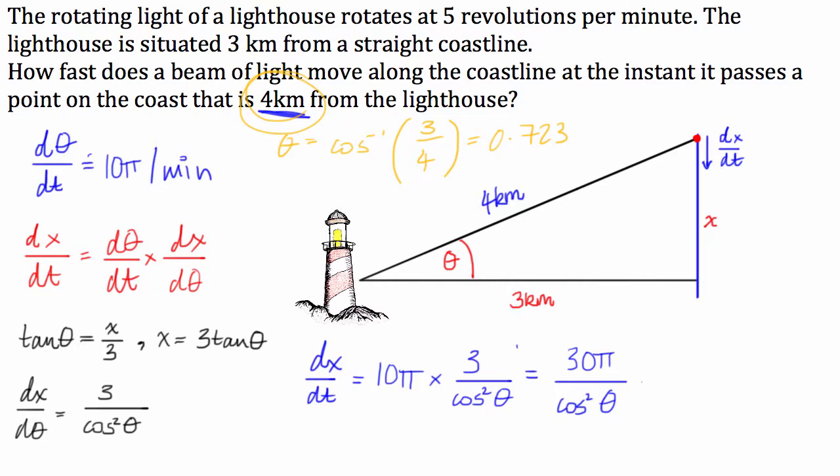Okay, so what I can do now, finally, I can evaluate dx/dt evaluated when theta equals 0.723, is equal to, now just put that in here, 0.723, and I get